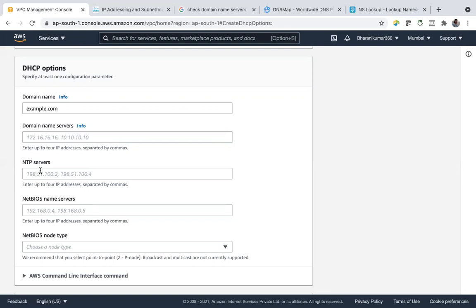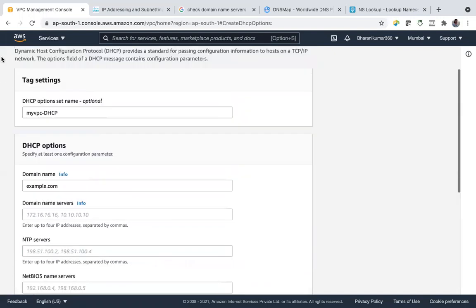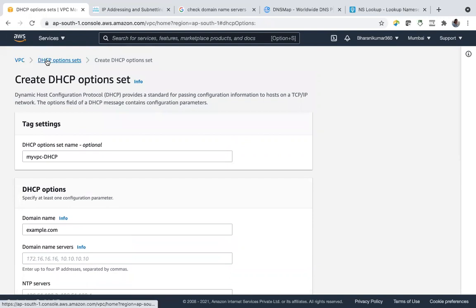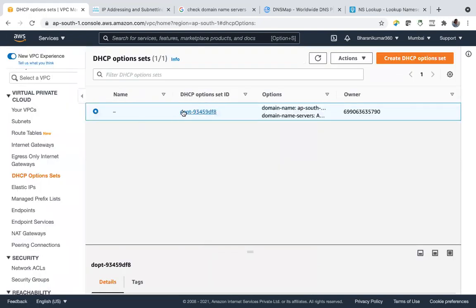And when you are setting up a web application and you want to bring in your own things, DHCP options allow you to bring in your domain name servers, NTP servers, and all these things. So let us go back. If not, we can go with the default DHCP option set which AWS has.